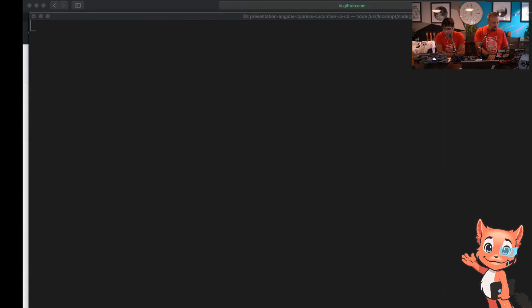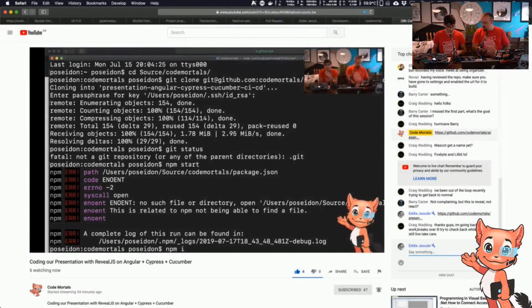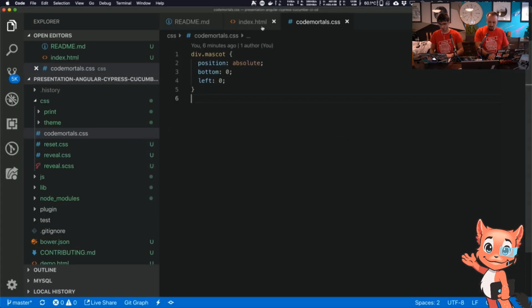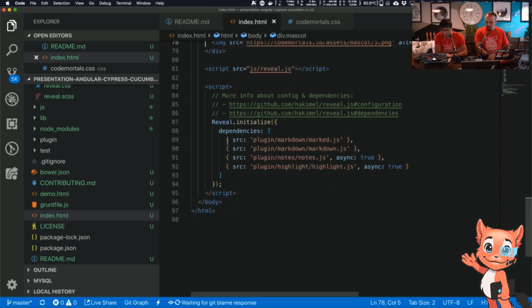Cool, so what else is Andrew up to? I'm burning as much CPU as I can whilst opening WebStorm. Right, I could use VS Code, I suppose. While you're doing that, should I switch back and show people while you clone the project? Yeah, and I'm getting the project out. Let me switch back, run npm install, and let me show what people can do with RevealJS configuration. Down here at the bottom, you have reveal.initialize and its dependencies. But in that block, you can also add other customizations, in terms of whether you want the screen to